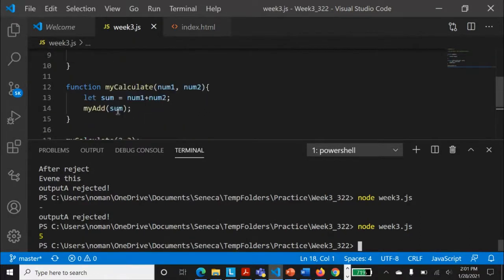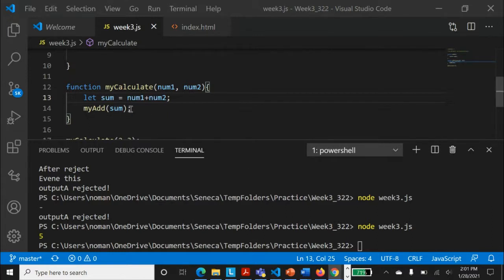Why? Because it's displaying the result on its own turn. So even if something wrong has happened, like an error that is not allowing it to run, that is not a problem. Whenever we call this function, it will definitely call my add function exactly after we are done with our values. Whether these values are legitimate or not, it will just keep on executing.